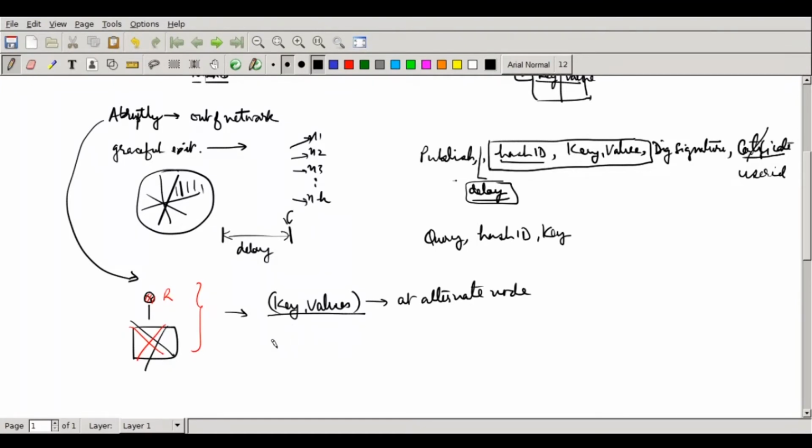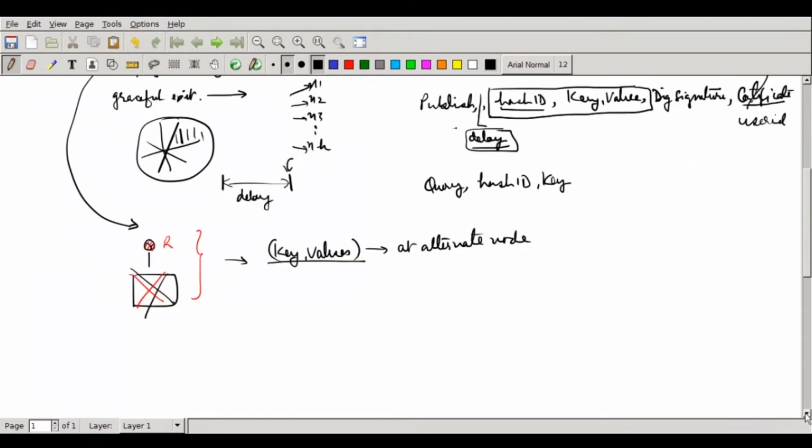Other possibilities: we can think of having more than one root node. Now, one will wonder how that is even feasible. I have only one key and I compute the hash of it. I have only one hash ID, and with this hash ID I will always get the same root node. How is there a possibility of having multiple root nodes? That actually is feasible if, in the key, I can append something.